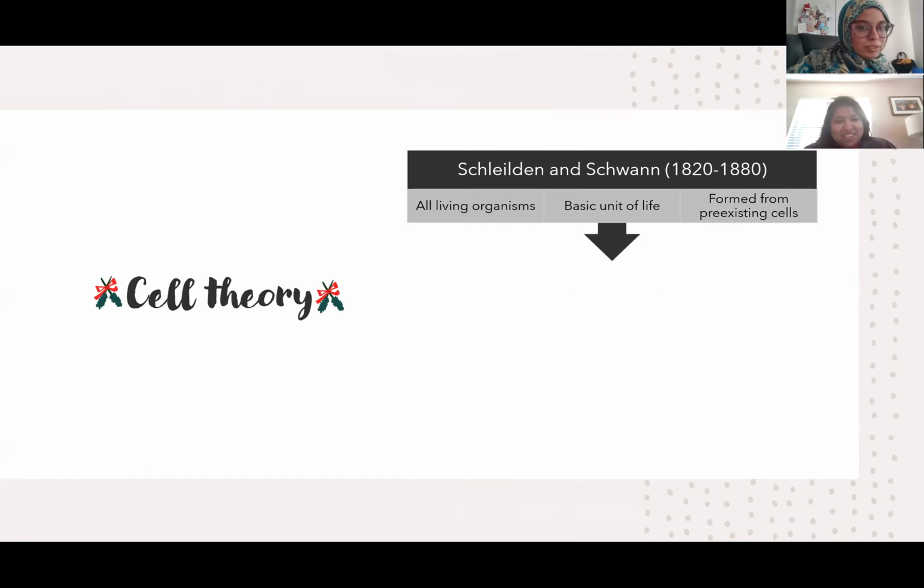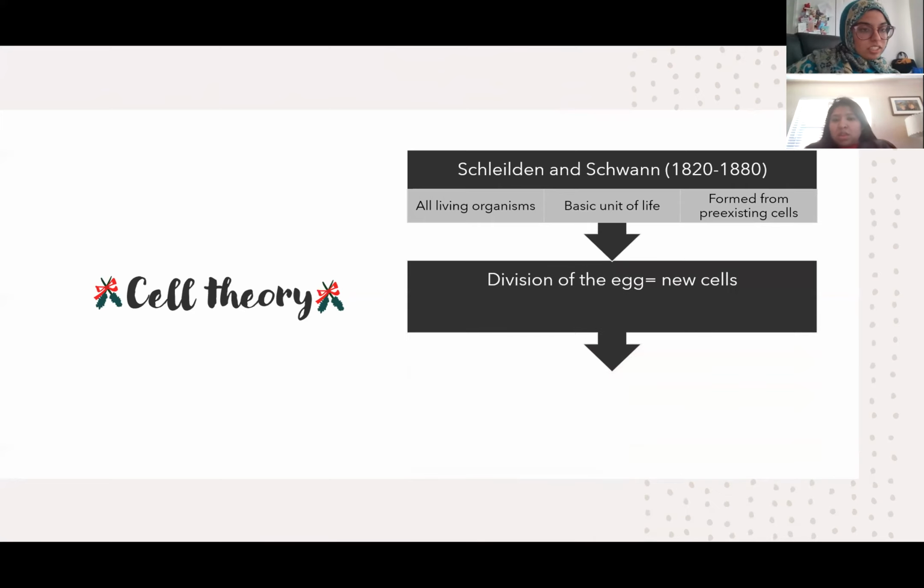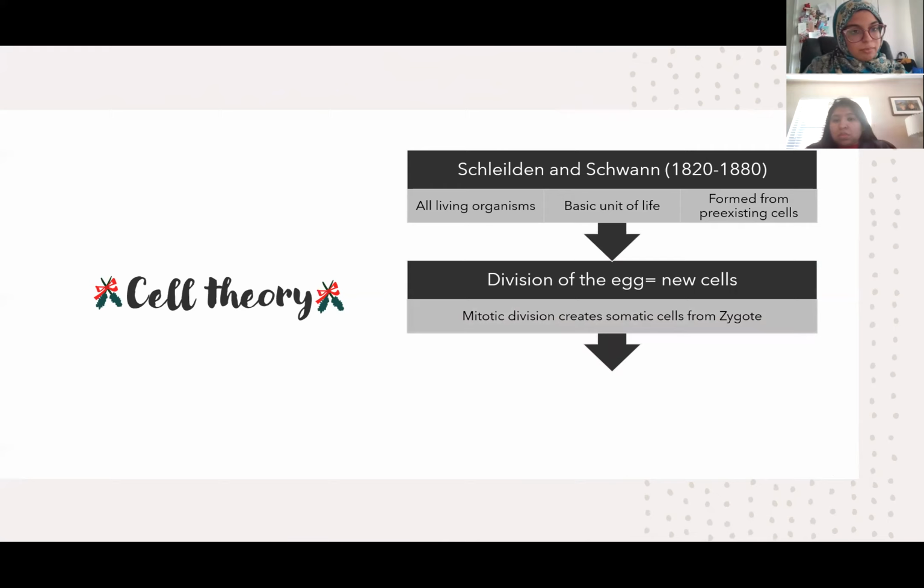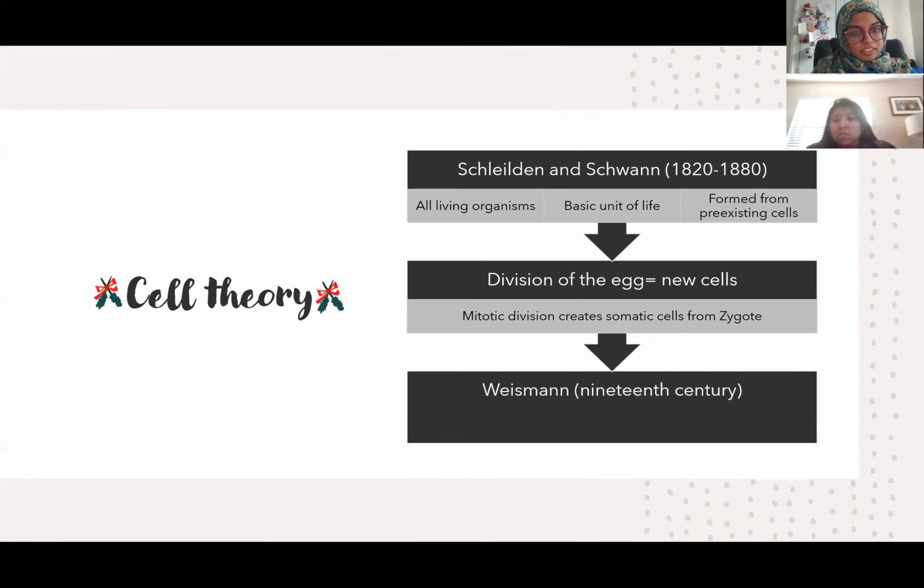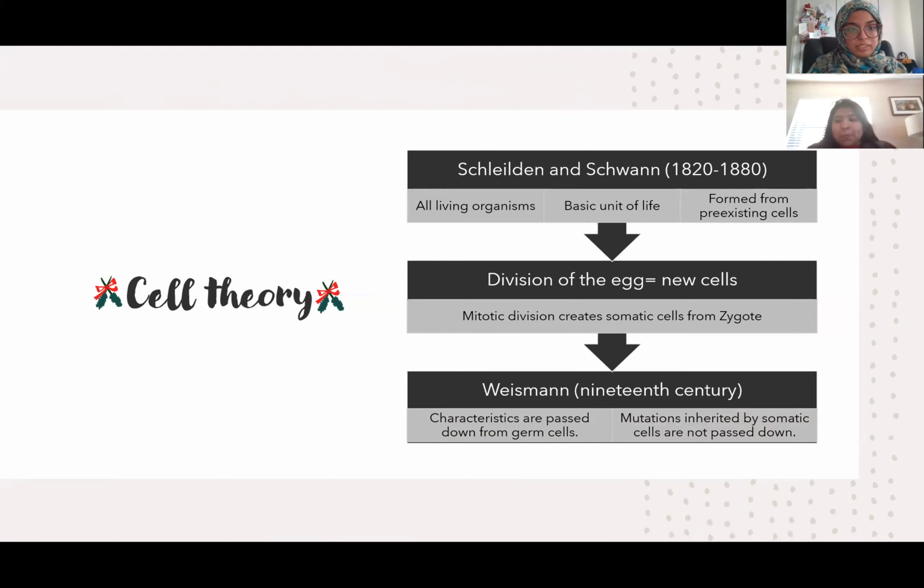This was really helpful for understanding more about developmental biology, which can be seen because the division of new eggs creates new cells. So the last one was especially important for that. With mitotic divisions, we have new somatic cells from the zygote. And it's important that we emphasize the somatic cell because it was Weismann in the 19th century who said that the characteristics the embryo has are determined from the germ cells. So any mutations created in the somatic cells are not passed down. And that's really important to know, especially in the genes that